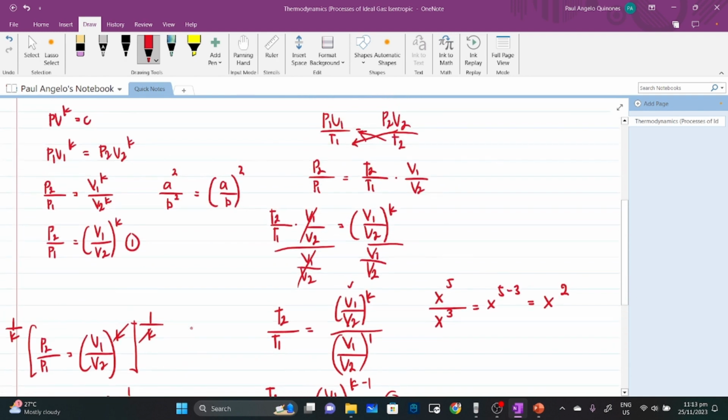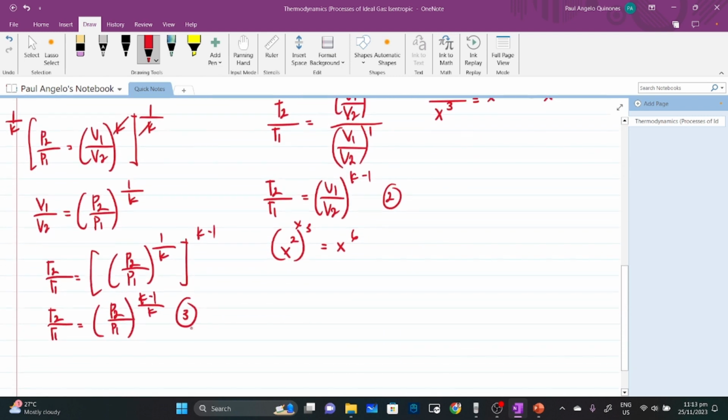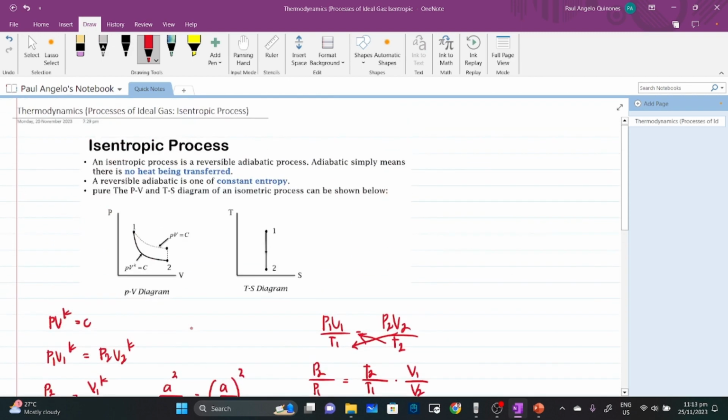So this is your third isentropic relation. Okay? Next, other parameters such as work, enthalpy, entropy. So entropy, we will discuss it later on once we solve the problem. So the next thing that we need to derive is work. Okay, so for work,